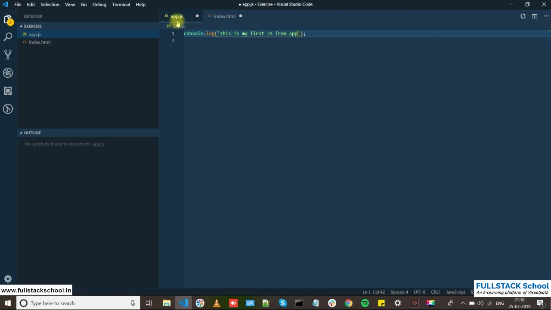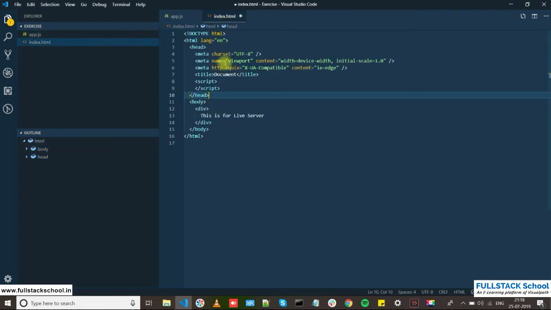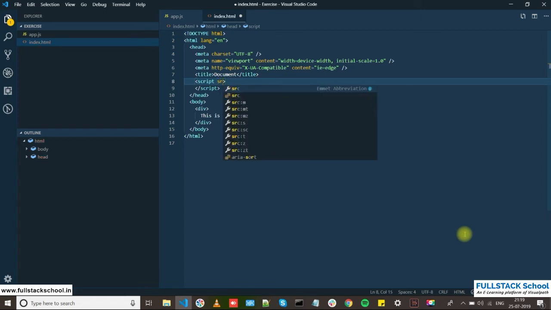As we have named this app.js, I'll just save it. I'll go here, and in this place I'll put src. Oops, sorry. Okay, it automatically takes the source. So src equals, and ours is app.js.